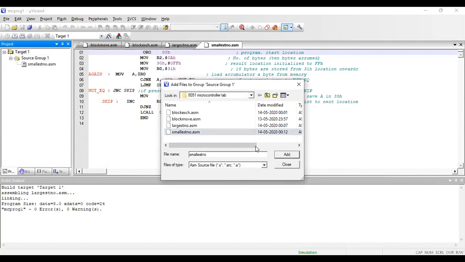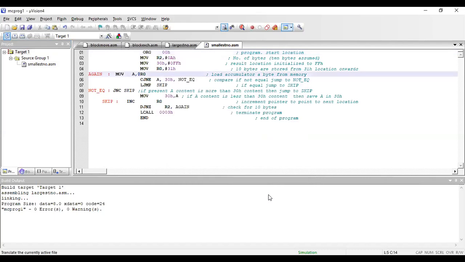So I have added. The next procedure is to translate. You should have 0 errors and 0 warnings. Next is to build your project, right? Once it is ready, rebuild your project. So again I have 0 errors and 0 warnings. Once I get 0 errors and 0 warnings, I need to enter into debug mode. See, I have got 0 errors and 0 warnings. I'm entering into debug mode by clicking on this D symbol here.